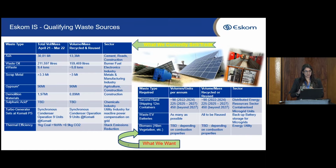We haven't finalized the contract yet, but this is an ideal example of perhaps a public-private partnership where we are offering a 20-year agreement with a company through a tender process to set up gypsum extraction. So we're not going to extract it. We are going to allow them to set up an operation that will extract it. Under certain circumstances, some of that value needs to be retained. I think between 25 and 30% of it must remain in the Mpumalanga area. The rest can be